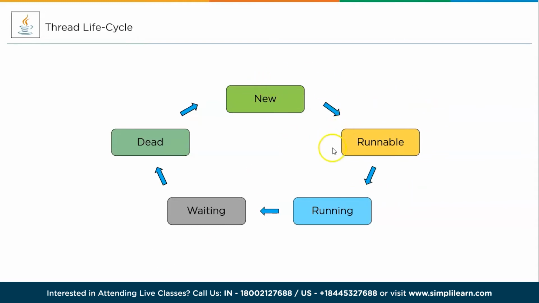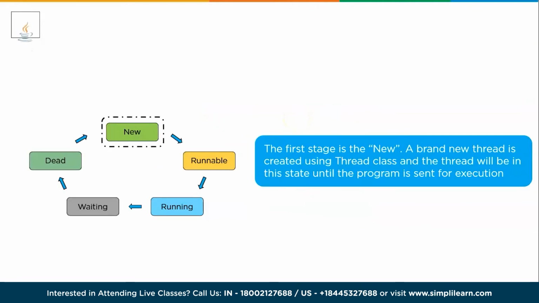This particular runnable plays a major role because every single thread, whatever thread you define, will only have one function, which is run, right? We will deal with that in the next segment, but now let us understand what importance each and every one of these stages has, right? Let's go through the first stage, that is new. The first stage in every thread's life cycle is new. The brand new thread is created using the thread class, and the thread will be in this state until the program is